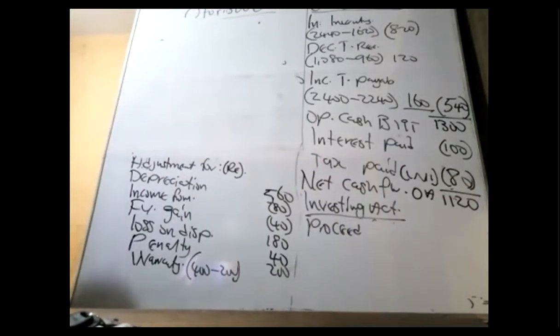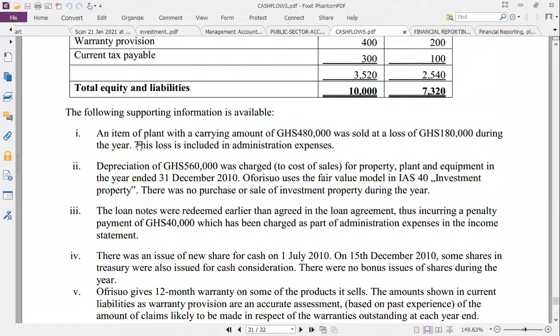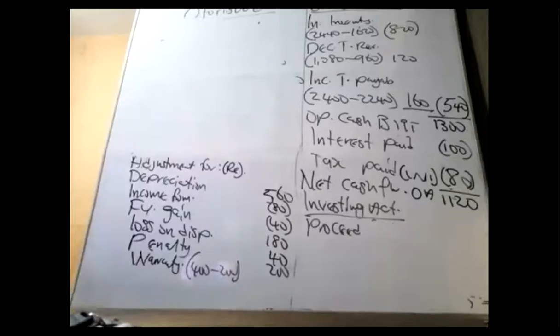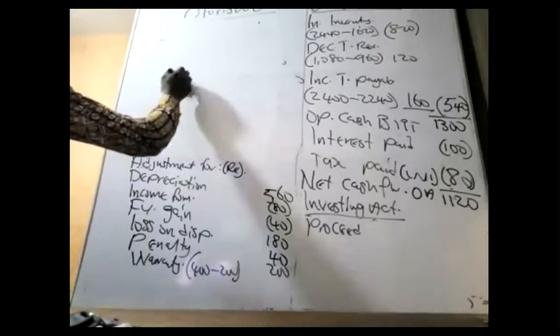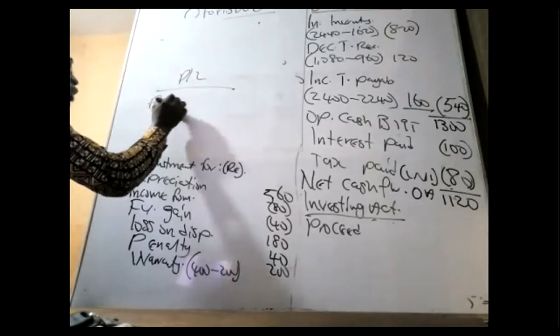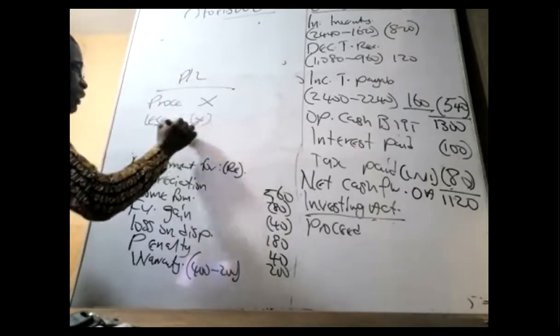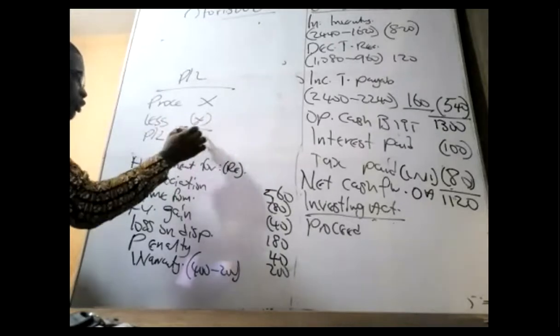Now when you go to the proceeds, there's a note. Note 1. And then what is the proceeds here? How much? How do you determine the proceeds? Can you work it out? You can tell the examiner like this: to determine the profit or loss on disposal, we need 2 items. Proceeds, so much, less the carrying amount, so much. The answer gives us profit or loss.